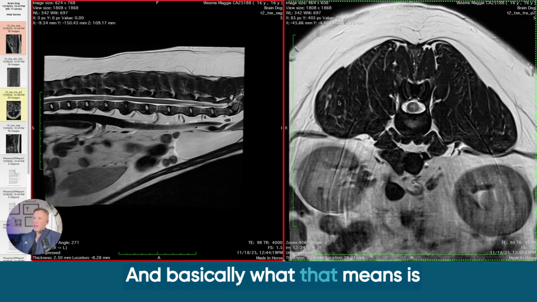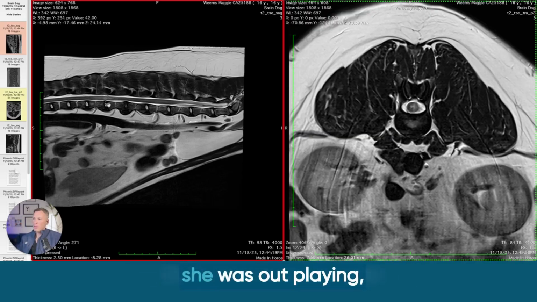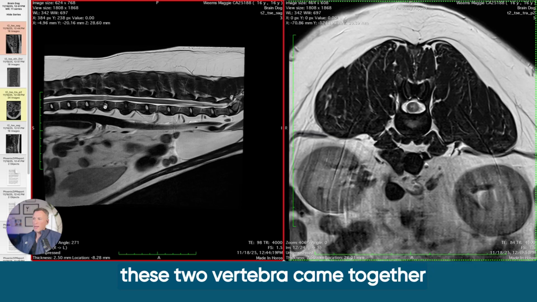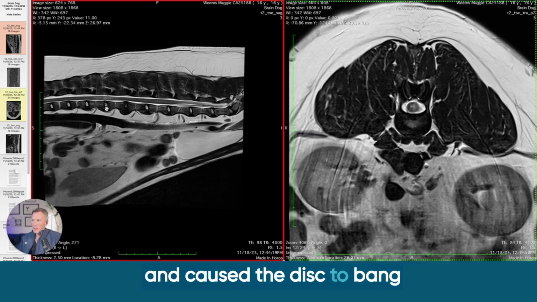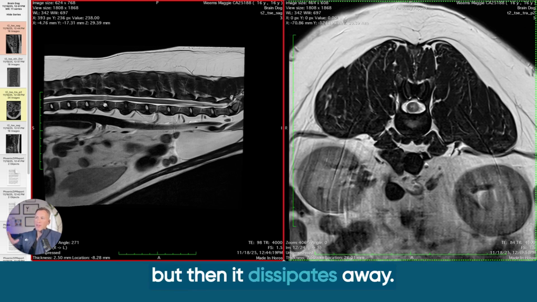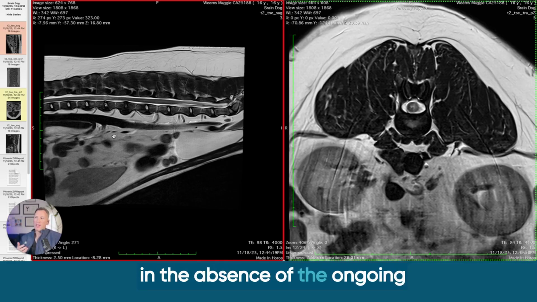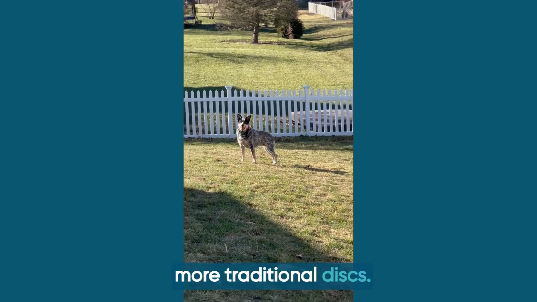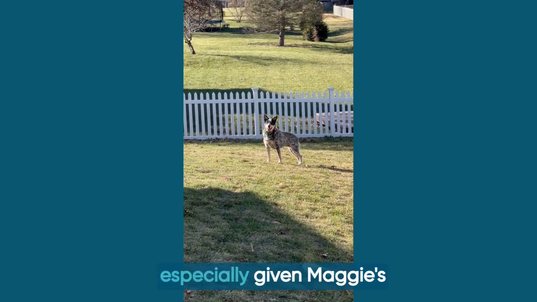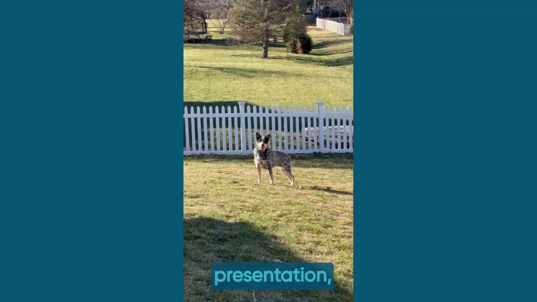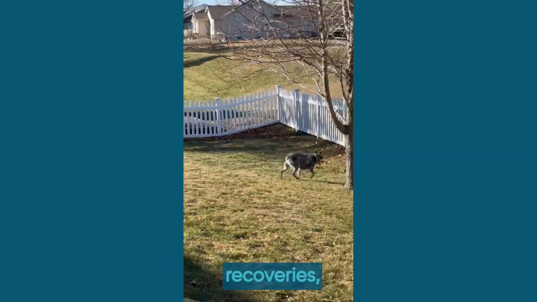And basically what that means is that at some point when she was out playing, these two vertebrae came together and caused the disc to bang into the spinal cord, causing a big contusion, but then it dissipates away. So what we're seeing is the bruise in the absence of the ongoing compression like we see in other more traditional discs. The good news about these conditions, especially given Maggie's presentation, is they can make excellent recoveries and they